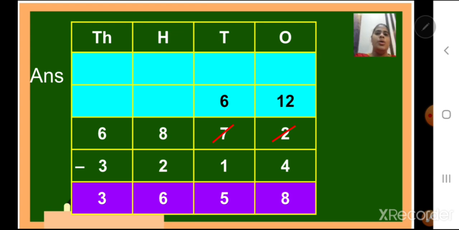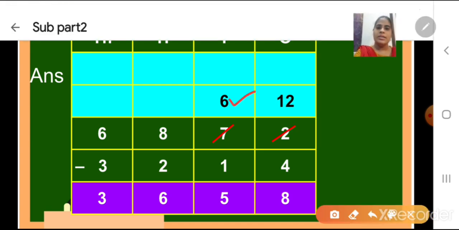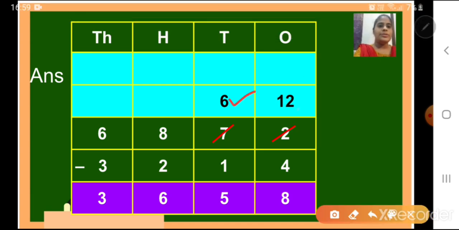going to start from ones place to subtract. 2 minus 4. Is it possible? No. So number 2 will borrow from 7 tens. 7 tens will give only 1 ten. 7 minus 1 is 6. Okay. So write here number 6. 1 ten is equal to 10 ones. So here I am getting 10 ones. 10 ones plus this 2 is 12. So cut 2 and write here 12. Okay. 12 minus 4 is 8.